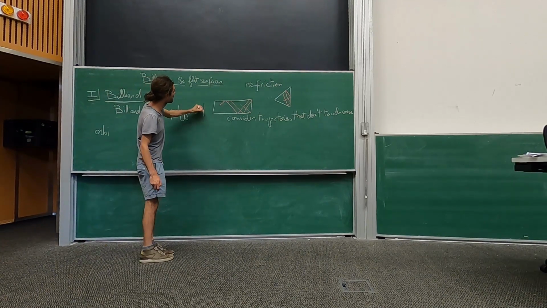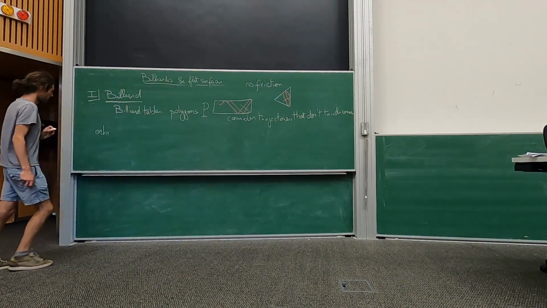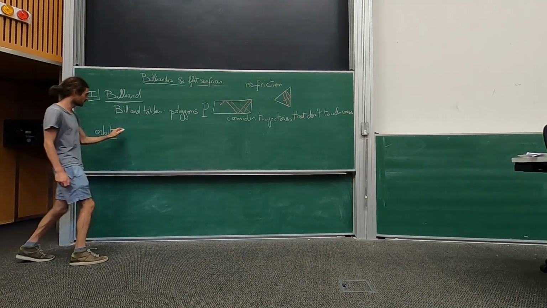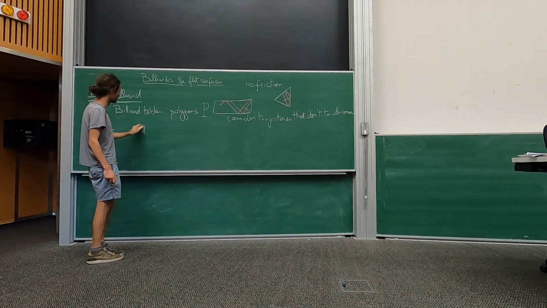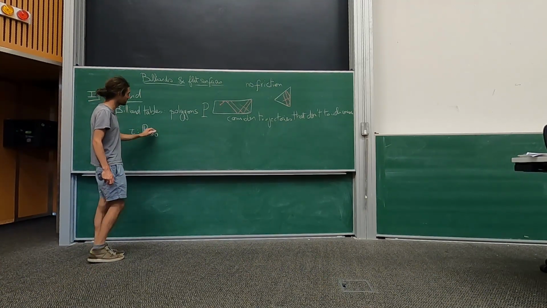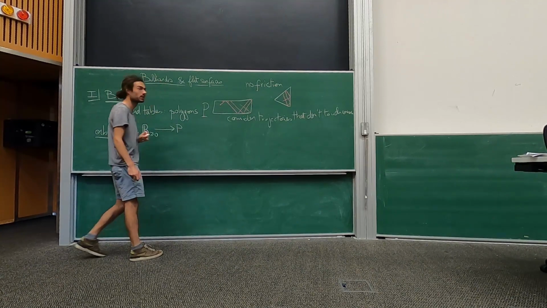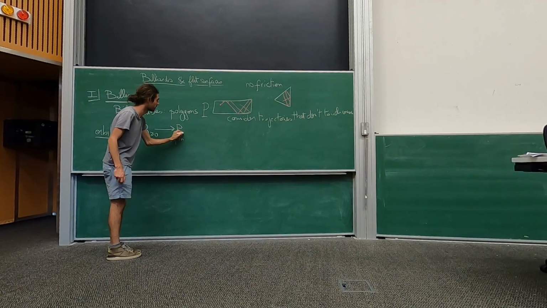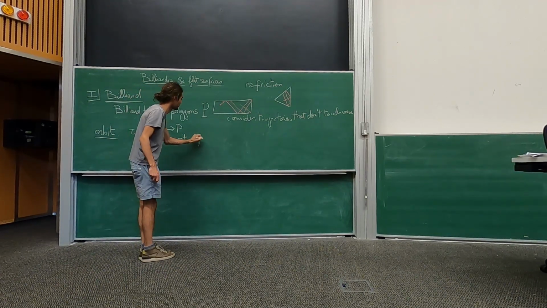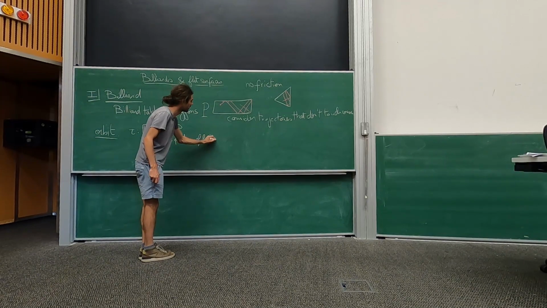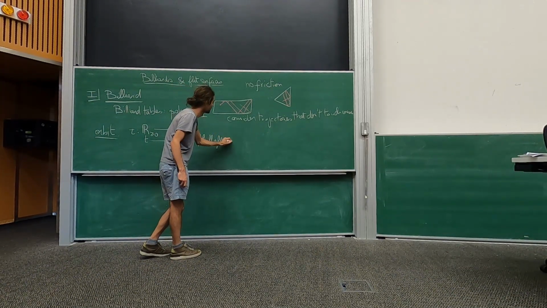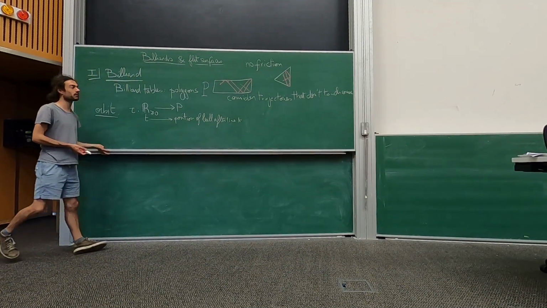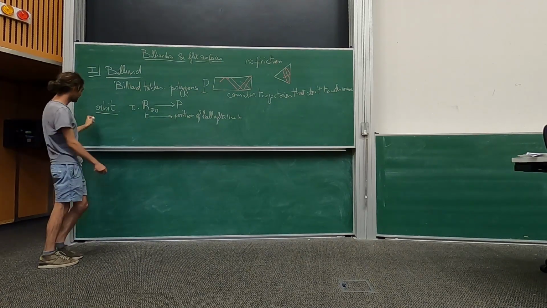My polygon, I will denote it always by P. What I call an orbit is just the trajectory of the ball. It's a map, a function from the positive numbers to P that at time t gives the position of the ball after time t. Okay, this is an orbit or a trajectory, it's the same thing. And it can have different behaviors.